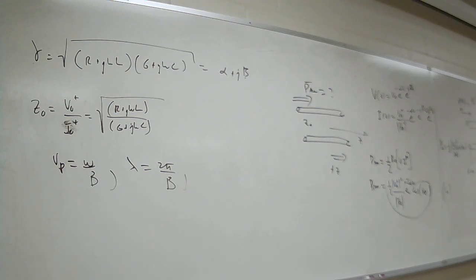And you can see as it propagates down the line, it's decaying at this rate, e to the minus 2 alpha Z, twice as fast as the E field or the current would decay, voltage or current would decay down the line. Now, one of the things that they talk about often is dB, decibels. You all heard of decibels? Yes. All right, so when we talk about decibels in general,